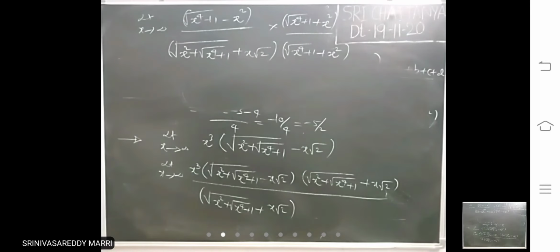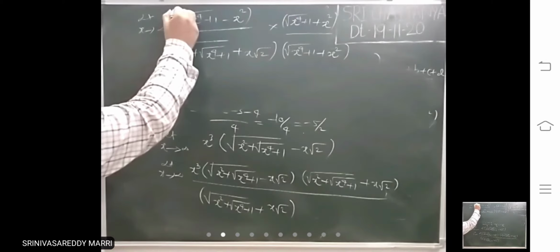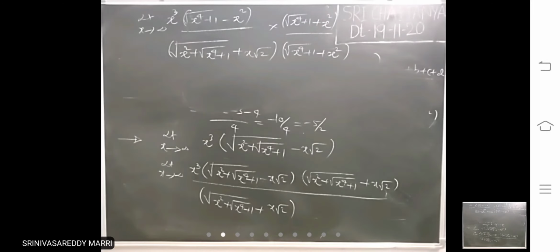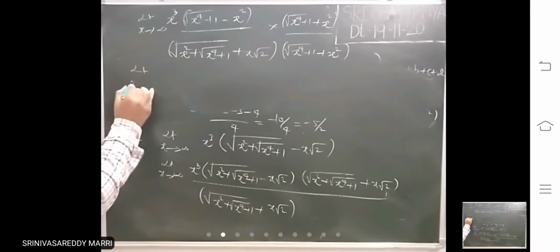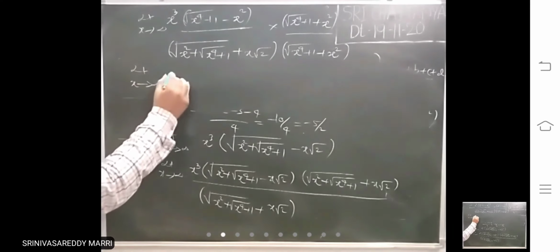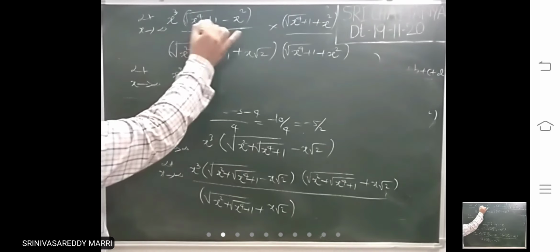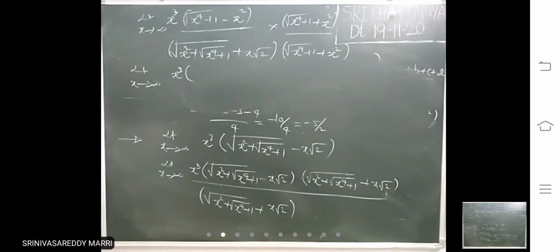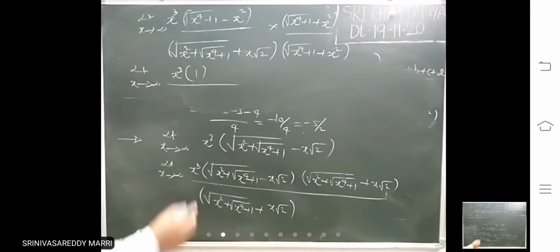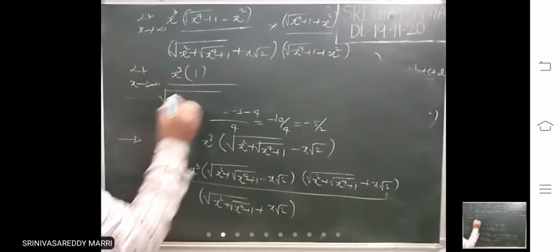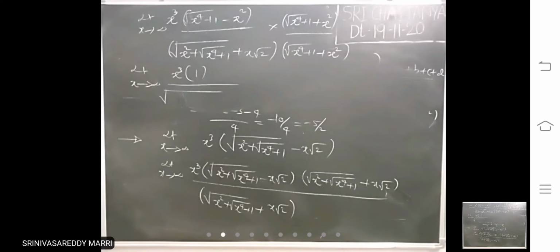This again I have multiplied with plus. Now this x cube is there, right here x cube. Here x cube I have given. Limit x tends to infinity, x cube into, this is a minus b into a plus b. What you will get: x power 4 plus 1 minus x power 4. So x power 4 will get cancelled, 1 divided by root of,